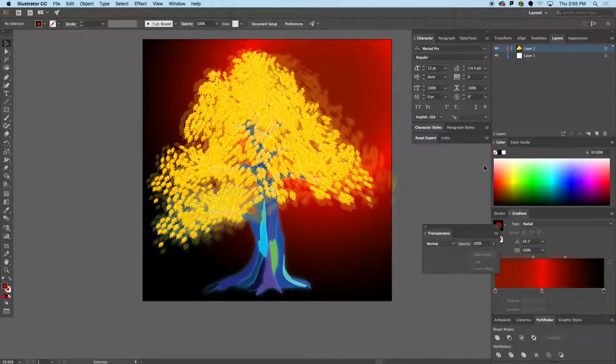If you double click on the spray tool, or on the brush, double click to see. You can change the size, or with the spray tool. But if you go with the bracket tool,